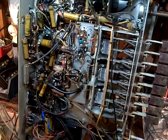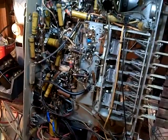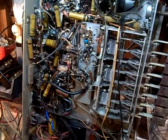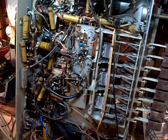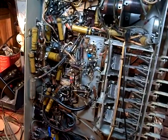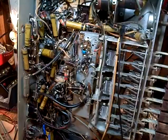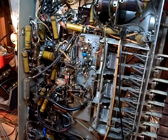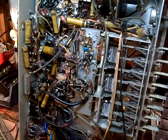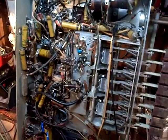Let's just review what's going on here. I'm thinking the AVC voltages are low on both AM and FM, but I really don't know. That's based on the Magic Eye not responding as much as maybe I would like it to respond. We've disconnected the Magic Eye circuit from the AVC entirely, and it made no difference in the AVC operation or the voltage of it. Since there's two entirely different circuits and their only common thing is the eye, and they are both producing very similar voltage changes that are fed to the eye,